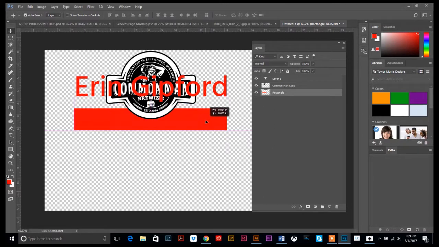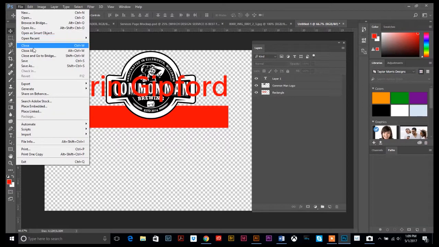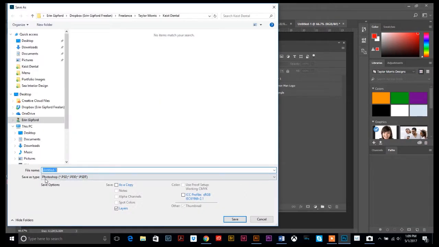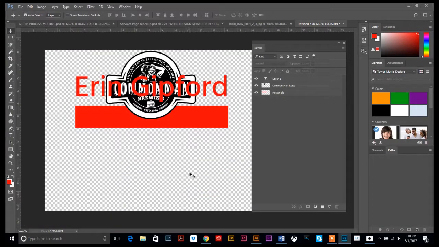When you are done with whatever you're creating, the only way to save your artwork and keep all your editable layers is to save it in Photoshop format, PSD. If you save it just like this and keep the PSD Photoshop extension, you will be able to reopen that document and your layers will be intact. It will be just like you left it. However, keep in mind,